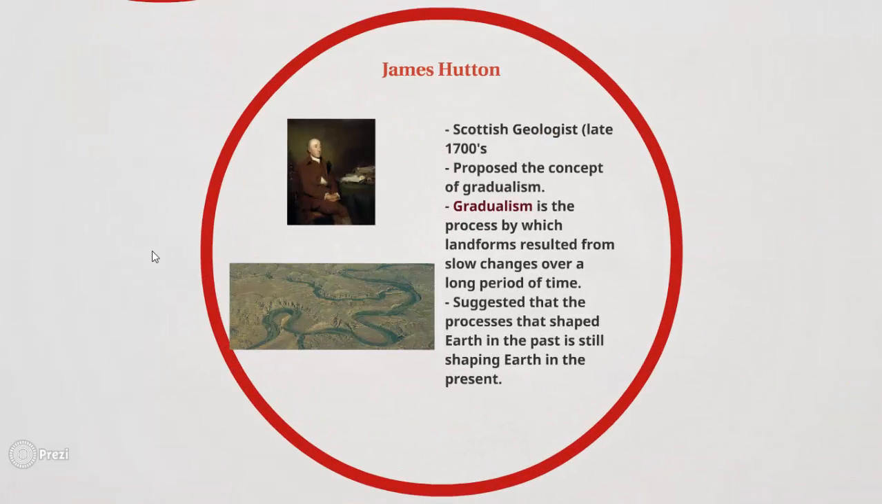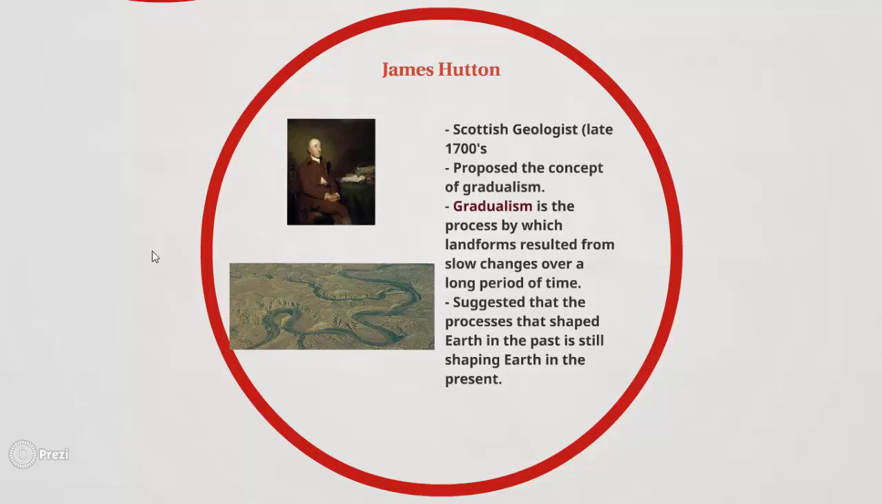Next, James Hutton. James Hutton is a Scottish geologist in the late 1700s, and he proposed the concept of gradualism. Now, this is very important. Gradualism is the process by which landforms resulted from slow changes over a long period of time. This suggested that the processes that shaped Earth in the past are still shaping Earth in the present. This is very important